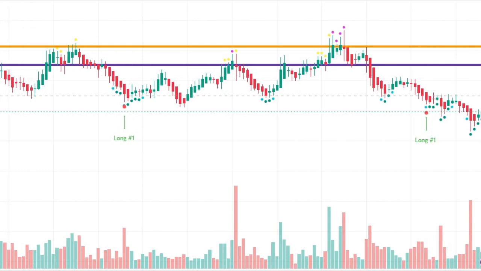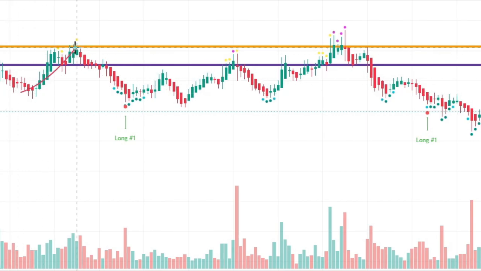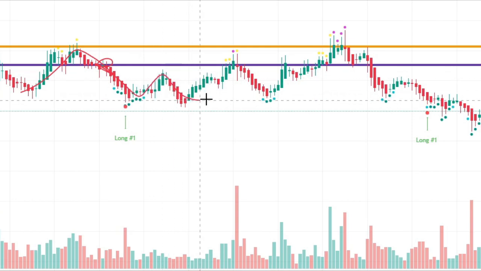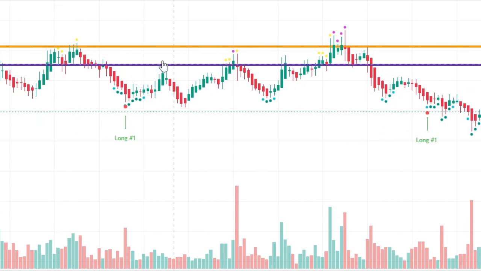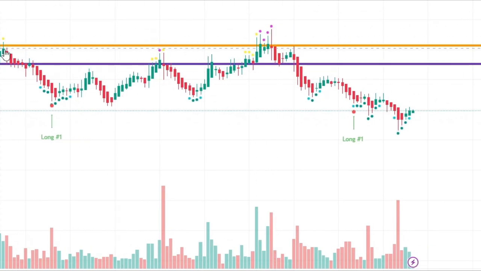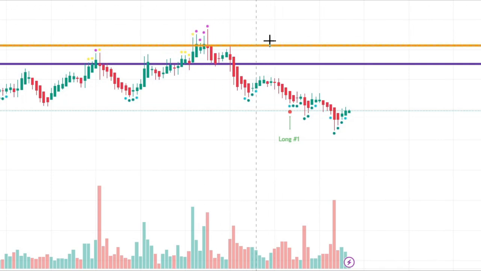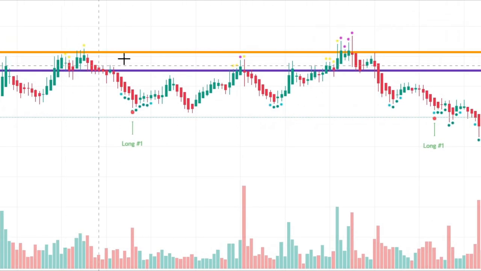So price tested the orange, tested the pink, then dumped, then did the same thing, tested the pink, dump, then it tested again the orange, rejecting on it, dump down again. So you could be scalping this, for example, especially here and especially here, this orange line twice perfectly, and